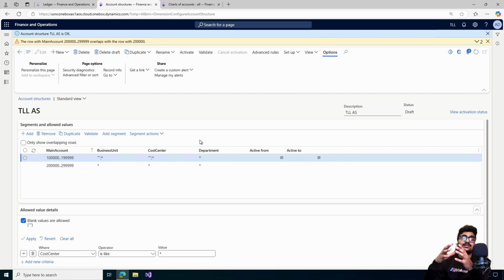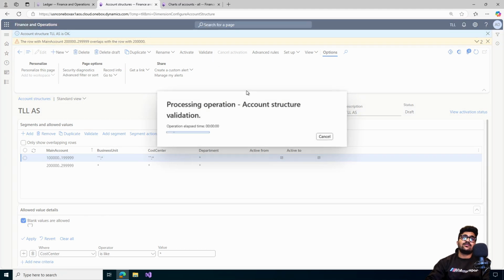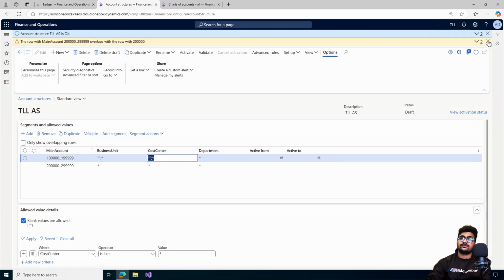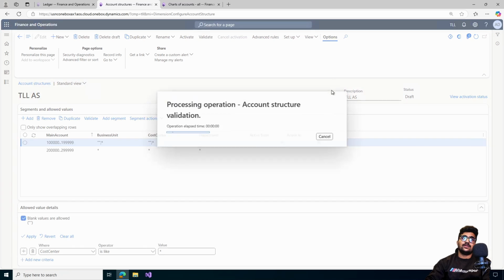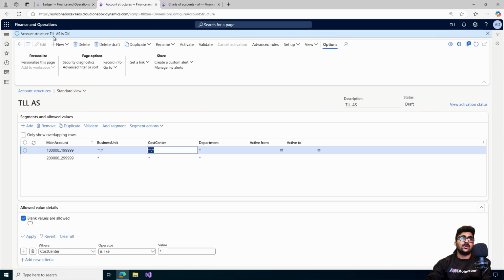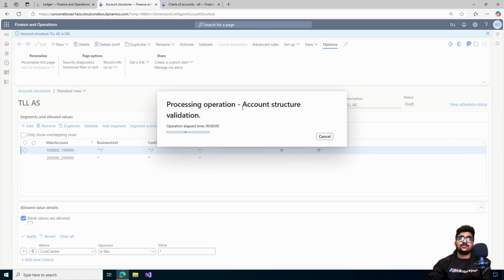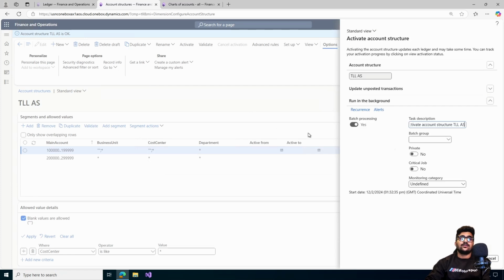This is the process, or the way you can define your main account and define multiple rows of main accounts in the account structure. Then you can validate. Now I will validate again. Once it is validated, it says okay, you can activate the main account structure. Once it is activated,